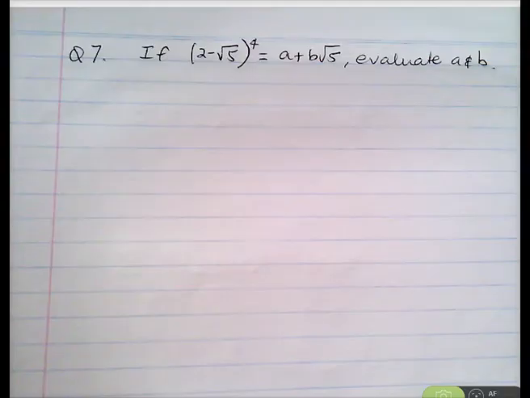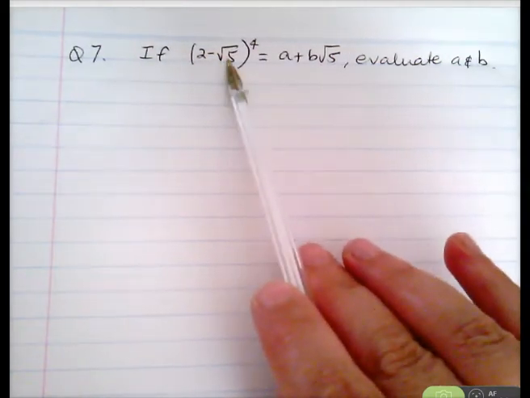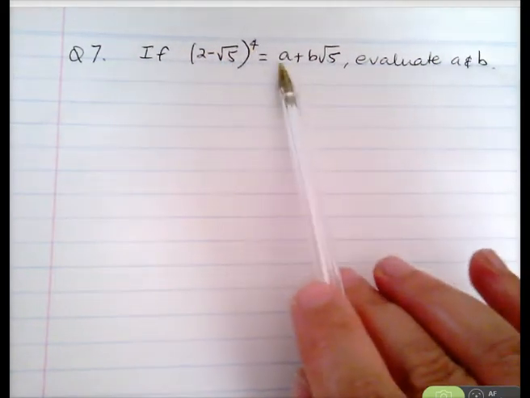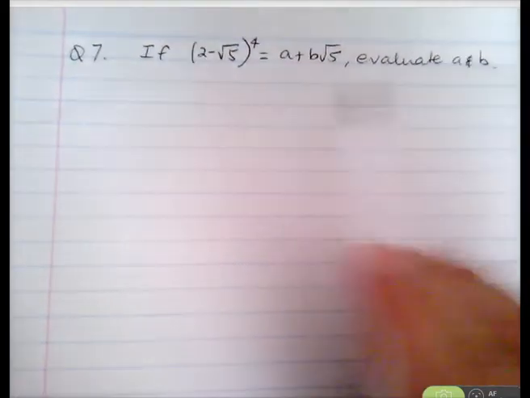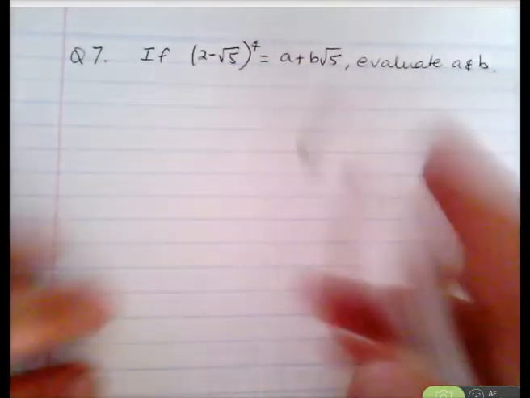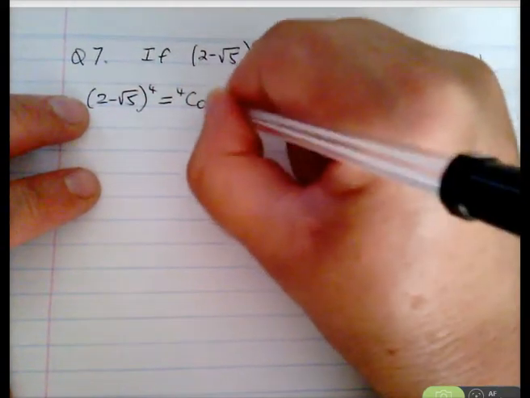Now for question 7. With this type of question, obviously you're just going to have to do the expansion of 2 minus the square root of 5 to the power of 4. You'll get a constant term and you'll get a b root 5, and you'll just equate coefficients. So 2 minus root 5 to the power of 4 is just 4 choose 0, 2 to the power of